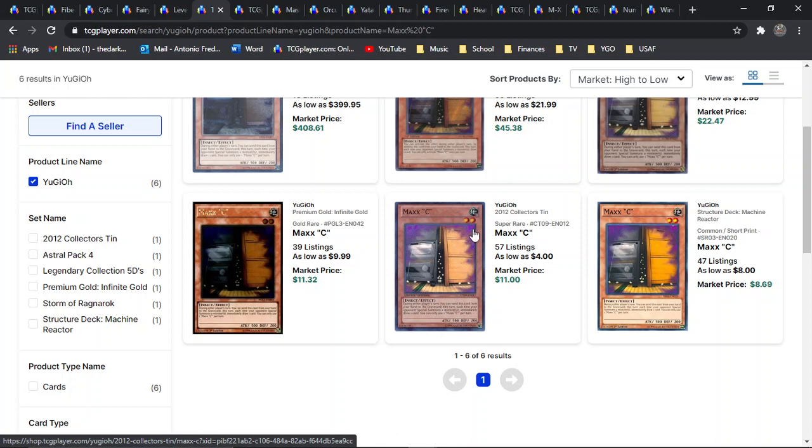And the super rares here, I checked them out before, they're roughly around 9-10 bones, which is pretty much what they've been at for quite a while now. For the longest time they were 5 bones a piece, and I was picking up like crazy, and I picked up an abundance of these, specifically the 2012 super rare promos, because I believe, in my personal opinion,